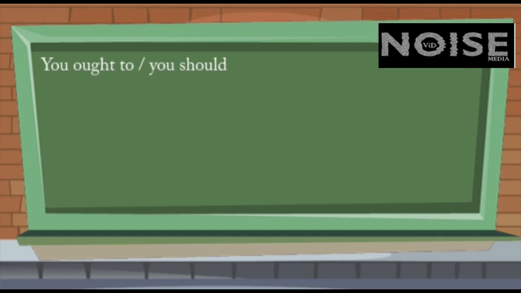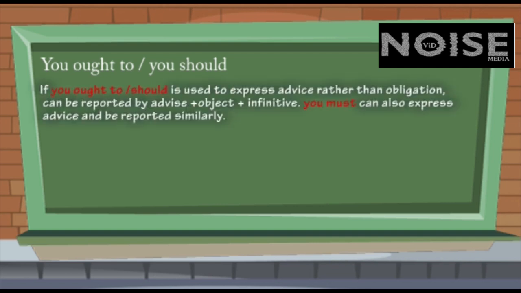Just like should and would, you should know the use of you ought to and you should. If you ought to, should is used to express advice rather than obligation, and can be reported by advise plus object plus infinitive. You must can also express advice and be reported similarly. For example,